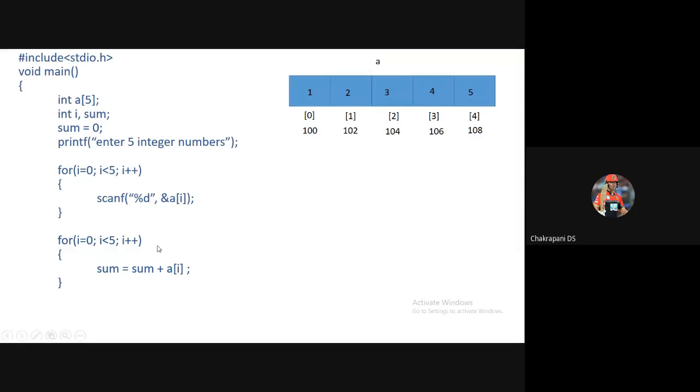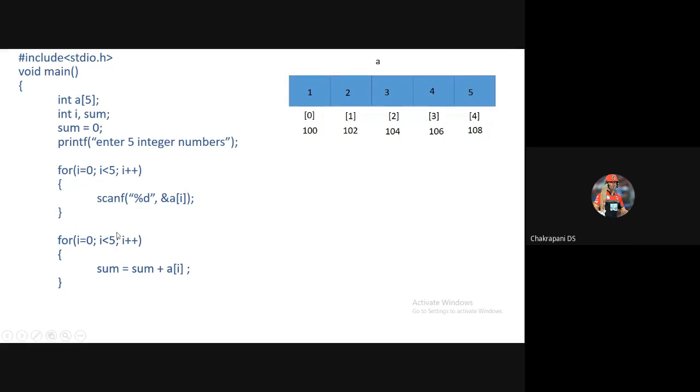Okay, so hope you are getting this. 1 plus 0 gave 1, 2 plus 1 became 3. 3 will be stored in a variable called sum. Now it will go back again to the top, and it'll check the condition I less than 5.